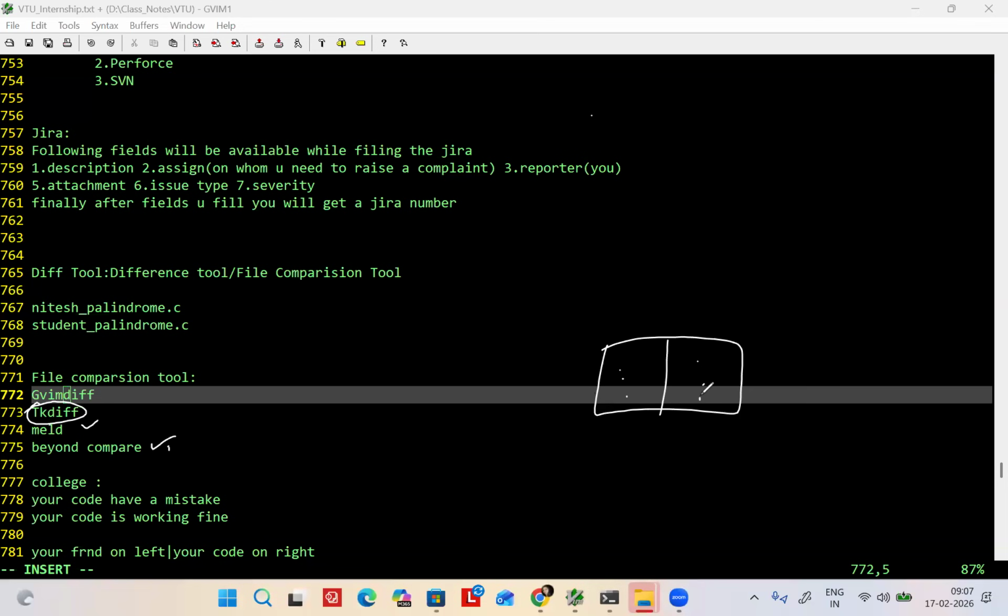In Beyond Compare, can you modify there only? Beyond Compare is better, right? TK diff, I don't like. GVM diff, you can view and edit also. It's an editor. Do you like GVM diff? If not, why?